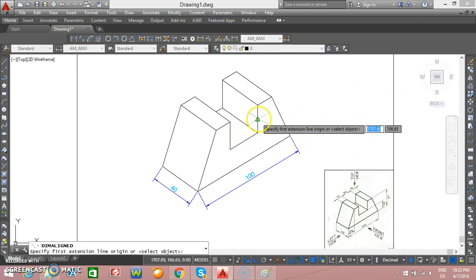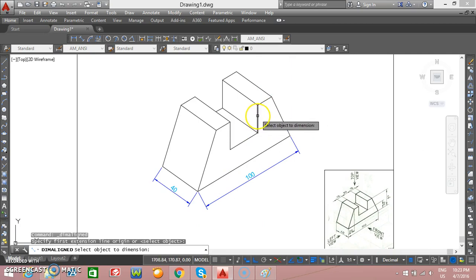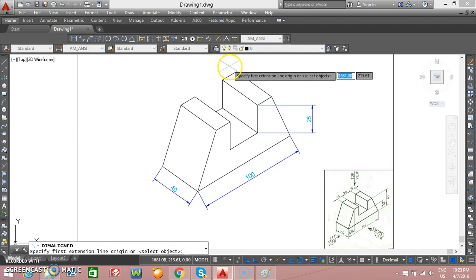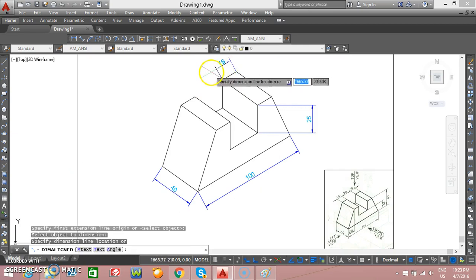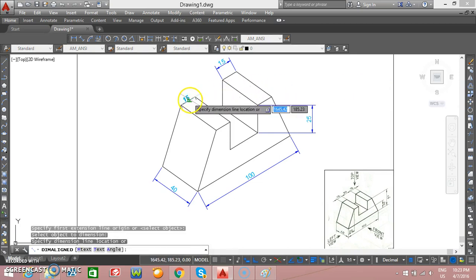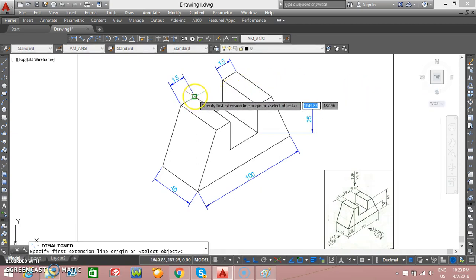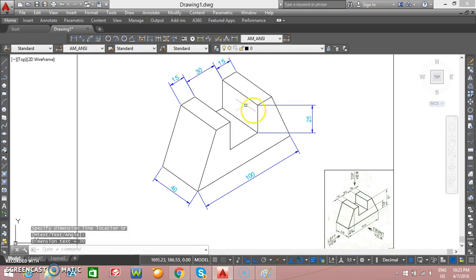Repeat aligned, right click, select this object and put the dimension here, and then repeat align, select this object, repeat align, select this object, repeat align from the end of this to the end of this, write a dimension there, so that is 30,